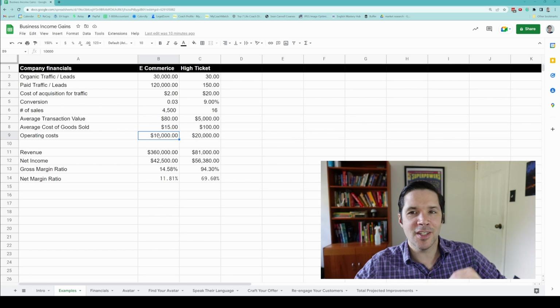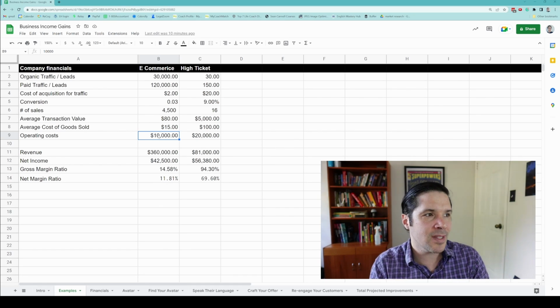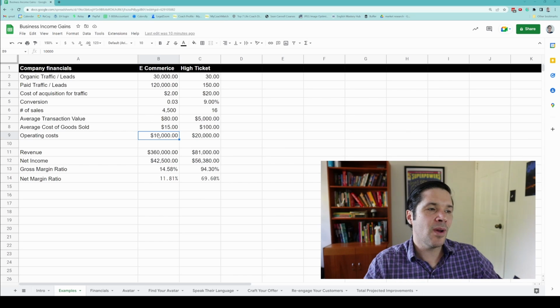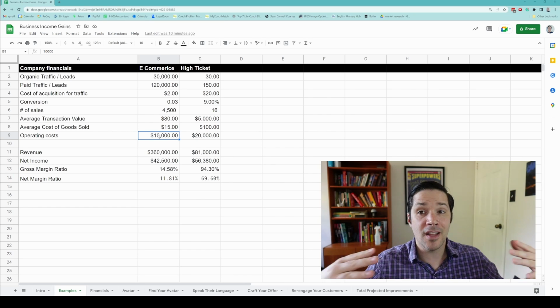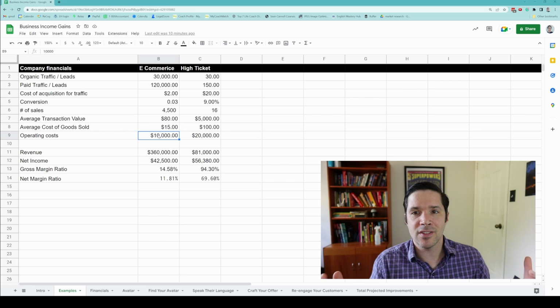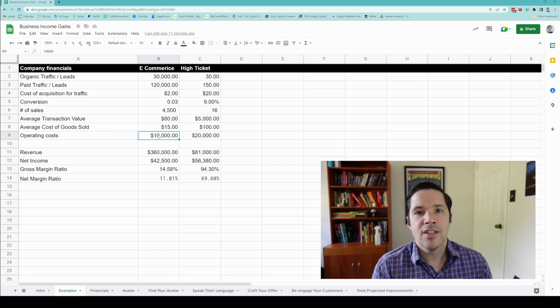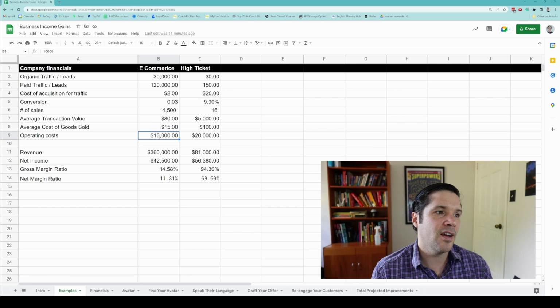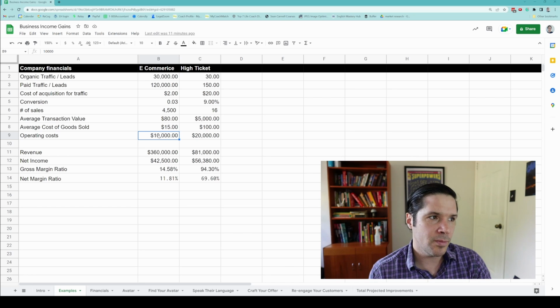I would tend to try and do what you can because it is associated with the sale to put in average cost of goods, but you have operating costs, which are all the costs not associated with sales, as kind of a fudge factor. Any other cost goes in here. So that would be the cost of running a website. That would be the costs of paying contractors or employees, or you could model that as whatever share,